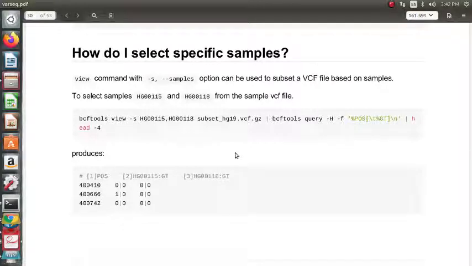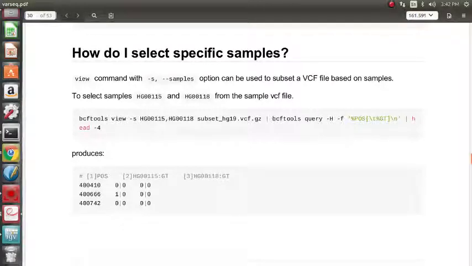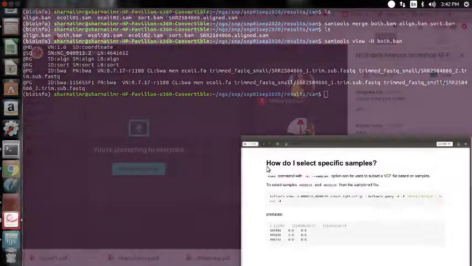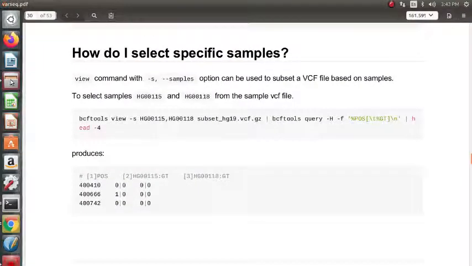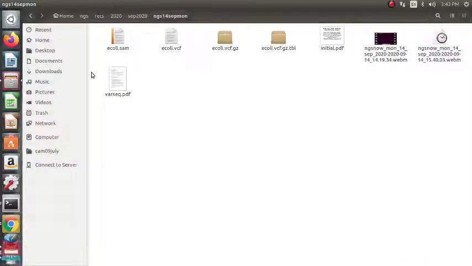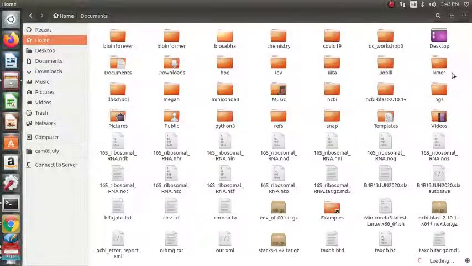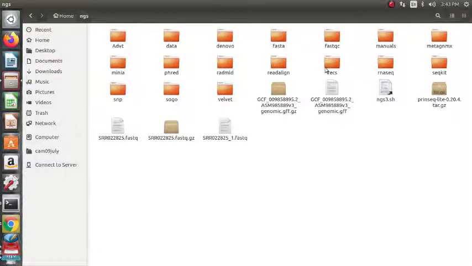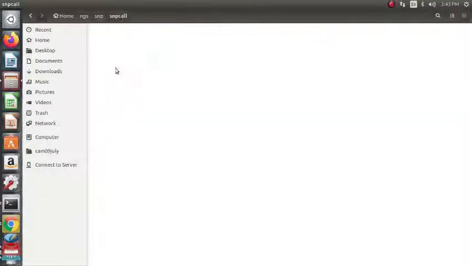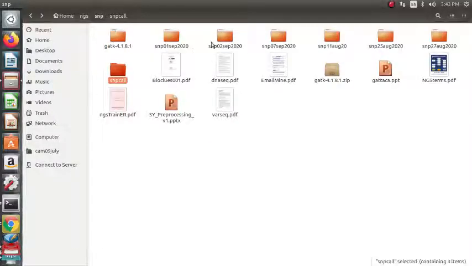At what step is it, if we carefully go back to the protocol? Generating the VCF file for this is not so time consuming. Here, SNP call, snip 01.